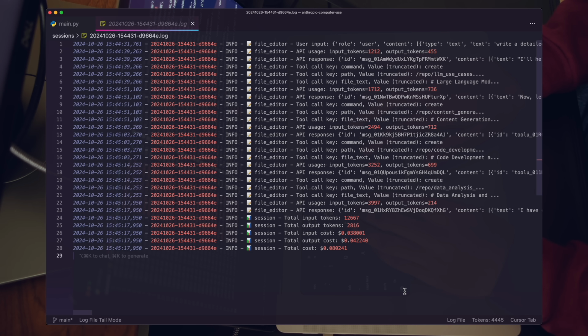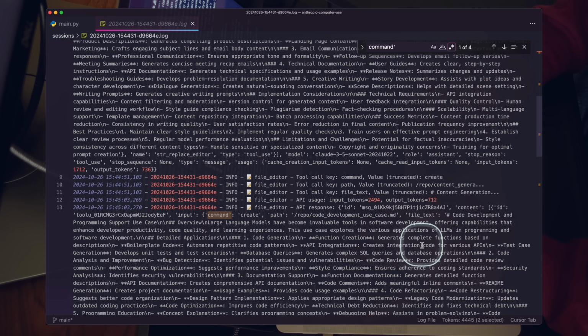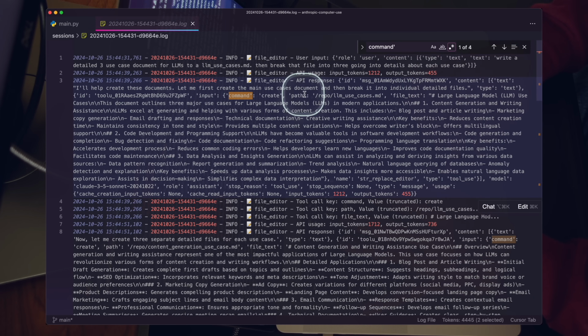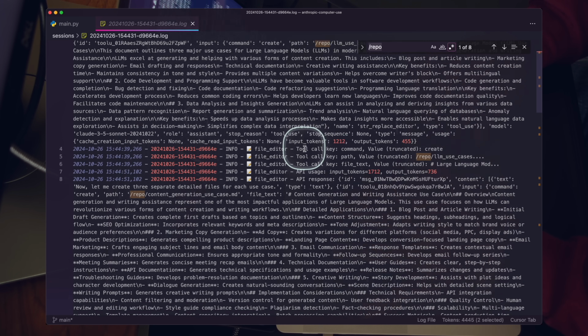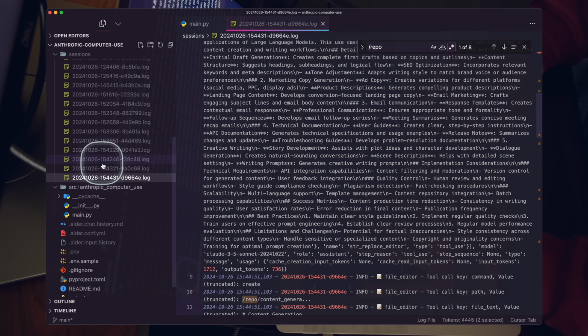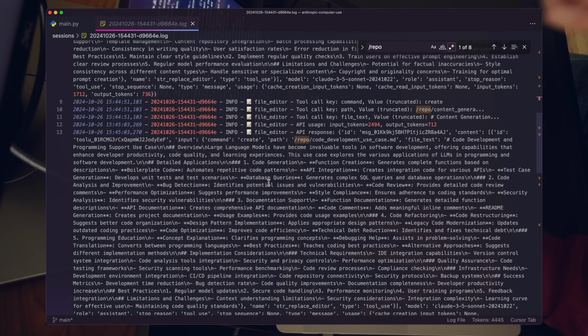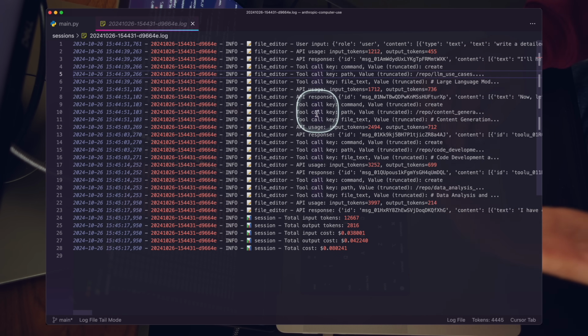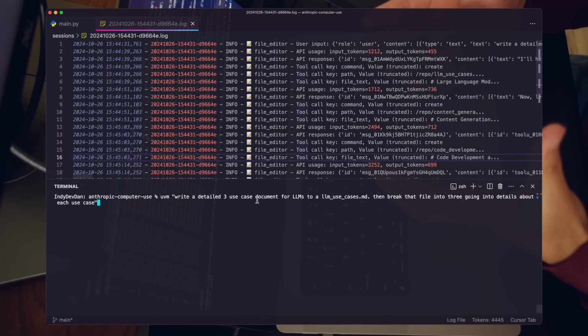Let's go ahead and just break down the exact calls. So if we search command, you can see all the commands that Claude is running. We should just have four create commands. And that's exactly what we have, right? So for create commands, you can see all the content for every single creation statement. You can see the exact path, right? We're always getting back this /repo/file. And the /repo is what you'll update or replace to be the true path that you're writing to. So we update and replace that to be our editor dir. That's configurable via an environment variable. And you can see, just like the bash tool, the file editor tool is just doing all of this work for us, right? So you can imagine you're passing in a lot more important information